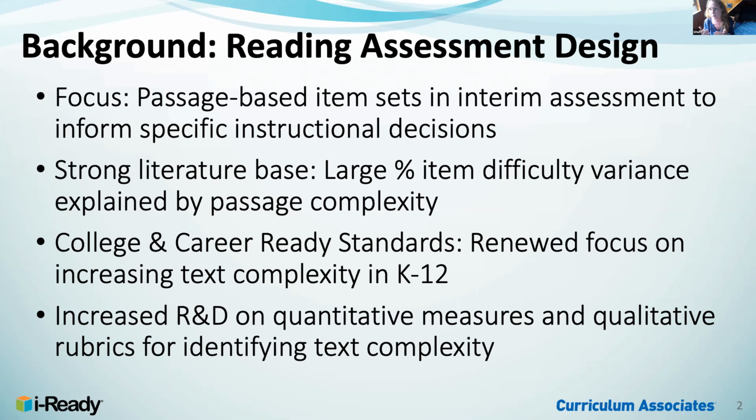Some of the products coming out of ETS and Pearson are nothing short of brilliant in terms of how they are measuring text complexity by looking at a variety of text features, but also using qualitative judgment. One of the practices that became common in state testing, or large-scale assessment of reading in K-12, is to have a couple of different measures of quantitative text complexity that you run your passage through, and then you apply a rubric that uses human judgment.